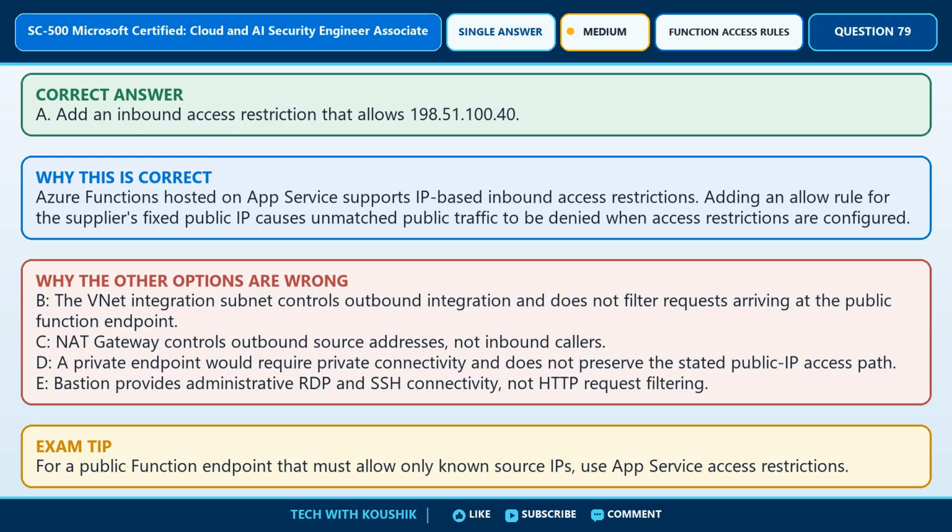The correct answer is option A. Add an inbound access restriction that allows 198.51.100.40. The reasoning is as follows. Azure Functions hosted on App Service supports IP-based inbound access restrictions. Adding an allow rule for the supplier's fixed public IP causes unmatched public traffic to be denied when access restrictions are configured. The remaining options are incorrect because